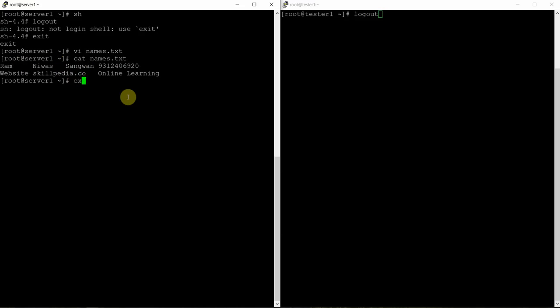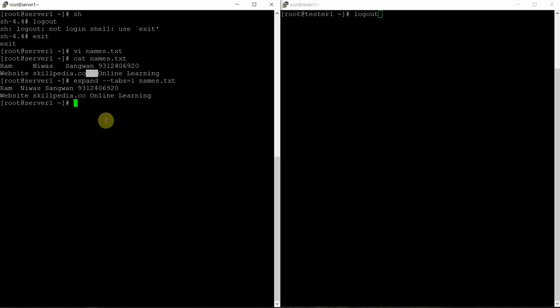See, if I use expand, and hyphen t is equal to 1, and then I type names.txt, the tabs will be replaced by spaces. You see the difference. This tab is replaced by space. This one, because there were 2 tabs here, this is a single tab, is replaced by space. Similarly, another tab was here. So tabs are replaced by spaces. That is the meaning of the expand command.